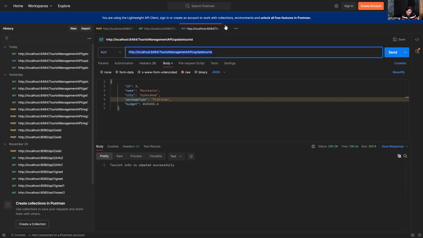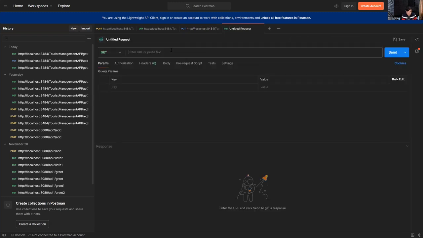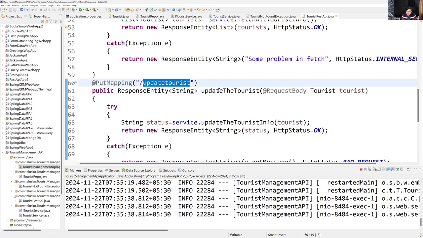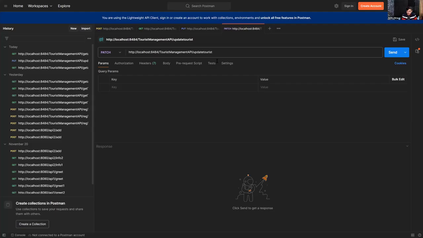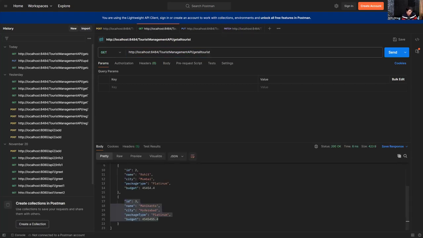I would like to go back here, right click, add this here. It should be binded to what I have told. Path is what I have made this. I'll go back and get my endpoint of my API. This is the endpoint of the API. I would like to take this, go back to the Postman tool, and the endpoint is this. Update tourist budget. I have to pass the ID first. For ID number 2, I want to update the budget. For ID number 2, the budget is